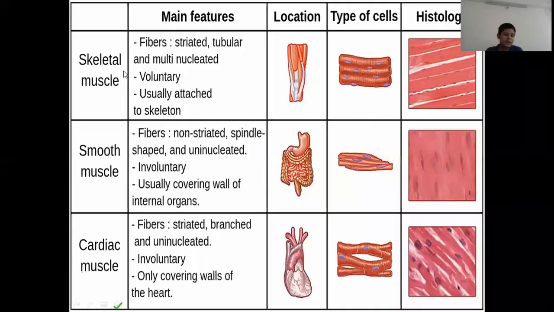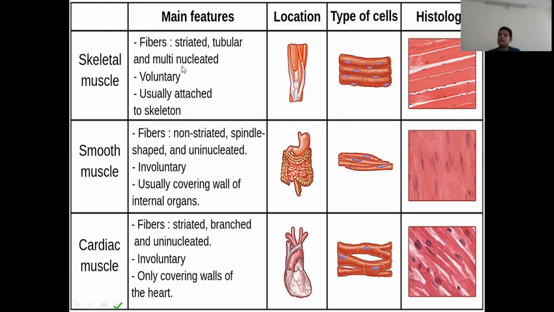So now let's talk about some main features of different types of muscles. First of all, this is skeletal muscle. You can clearly see its histology, location and types of cells here. Its features are fibers, striated, tubular and multinucleated. Fibers are this. It is voluntary, it is your choice whether to move this or not, and it is attached to a skeleton